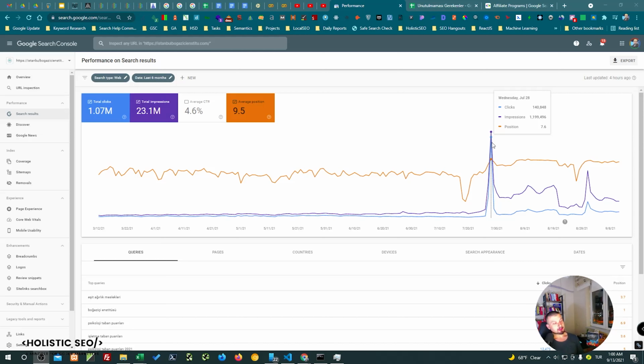And for this website, we created an entirely new subfolder, and this sub knowledge domain was entirely new for this source. So having this kind of average position in the initial ranking phase is not easy at all. And after that, as you can see, our rankings and our clicks are decreasing, because at this point